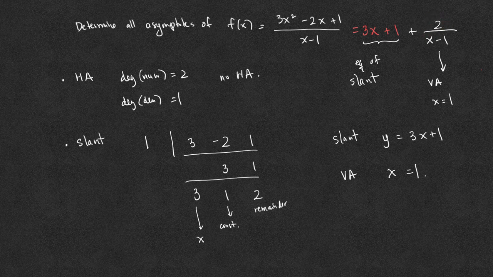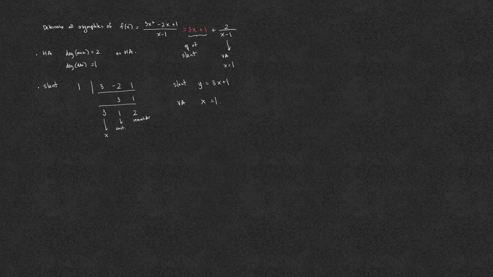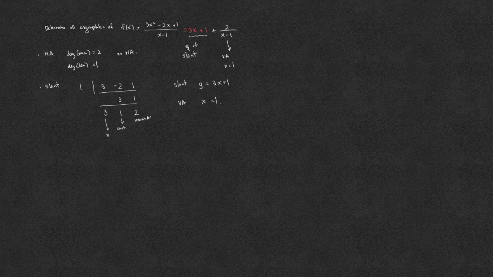And so when we graph this function, it will look like 2 over x minus 1, but as x goes to infinity, the graph would follow or stay close to the slant asymptote y equals 3x plus 1. We're already done with determining the asymptotes of the function, but again, if we want to graph this function,